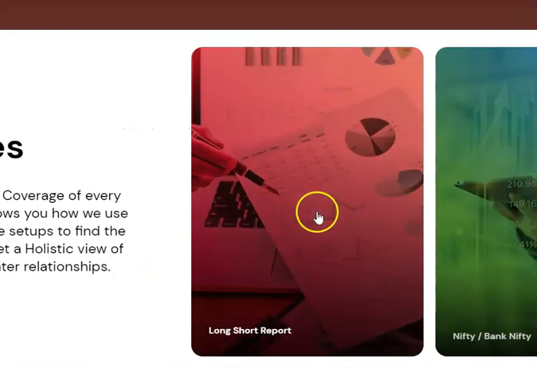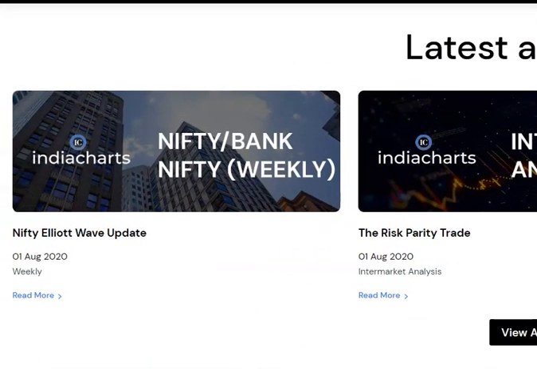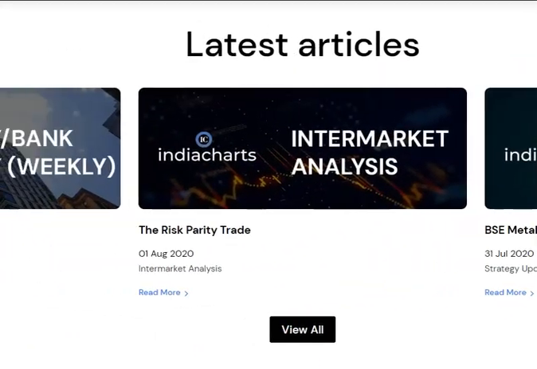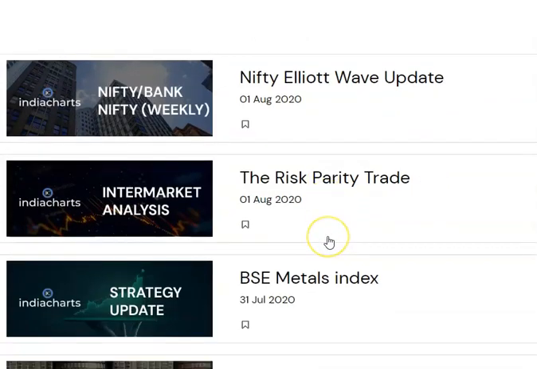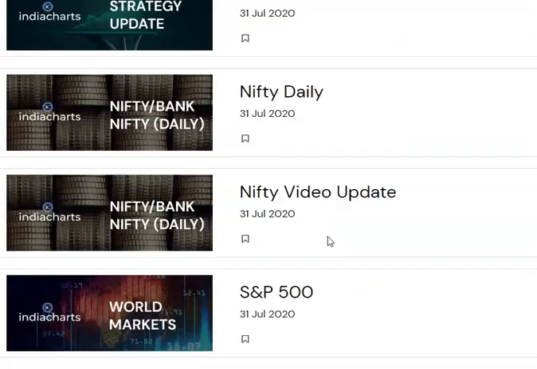And two of the most important tools that you will find on the website will be the latest articles, because while you can go category wise, what you really want to see is what are the latest posts that I've made. And when you come down here, you can actually see 3 of the latest articles, because I write them on an ongoing basis. So they could be in different categories and you may have to search. But if you just want to see the latest all, then you just click on view all and you get a complete listing of the latest updates under any segment that has been published.